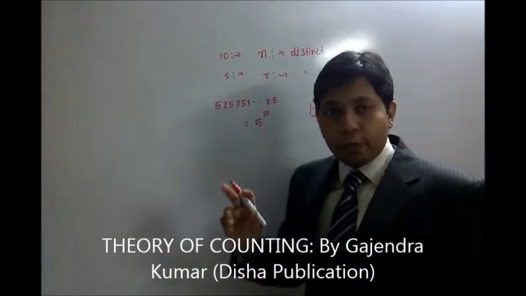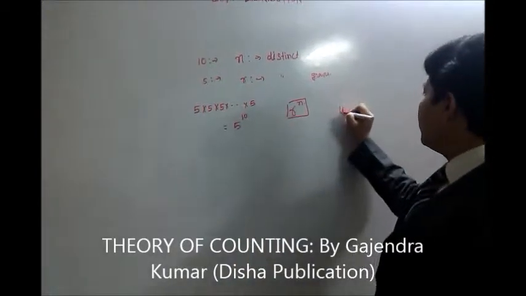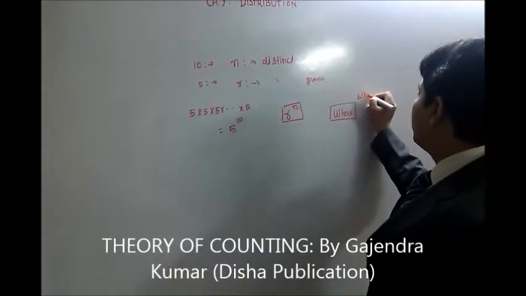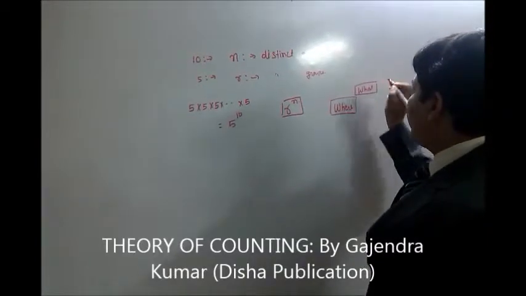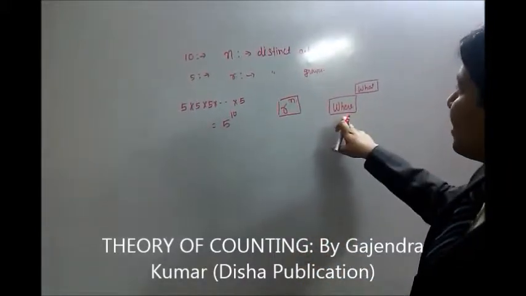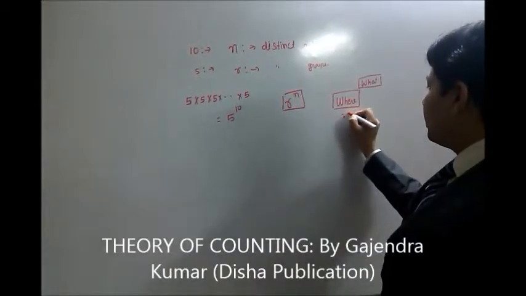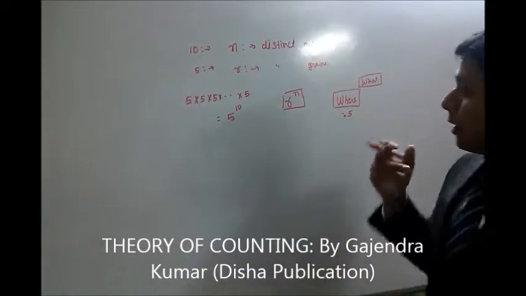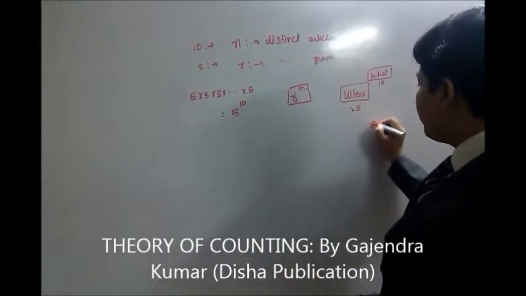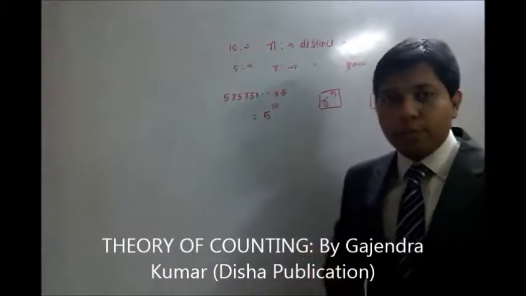Generally, we get confused whether it is r to the power n or n to the power r. For that, you can use a handy formula: where to the power what? Where means where we are sending the students. The answer is the classroom, and how many classrooms do we have? 5. So in the base we write 5. What are we sending? The students. How many students are there? 10. So the answer should be 5 to the power 10. So remember this handy formula, where to the power what, to get rid of this confusion.